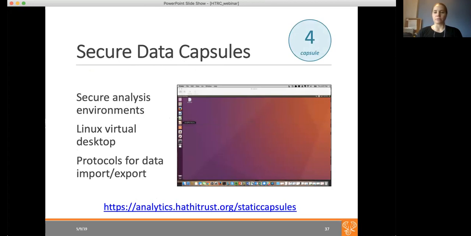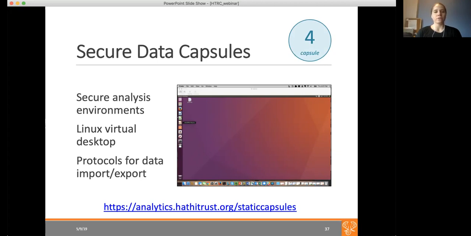Where the idea of non-consumptive research comes into play most vividly for a researcher is within the data capsules environment. So this is the Capsule Model. If you can think way back to that triangle where we're thinking about data that is provided in a less restricted format, but where the access and the outputs are controlled. So the capsules, while they might sound like something very tool-based or interface heavy, are really just a Linux virtual desktop running on a computer at Indiana University with certain security settings